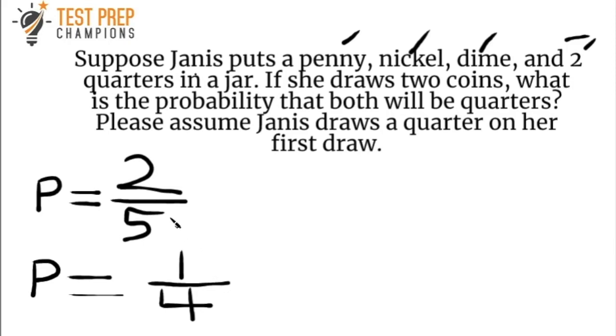So again, on her first draw, the probability of getting a quarter is 2 out of 5. And then once that quarter is removed, there's only going to be 4 coins left in the jar, and there's 1 quarter left, so that's why on her second draw, the probability of pulling that quarter out is going to be 1 over 4. If you followed that, then great work, and if not, then I'd like you to rewind